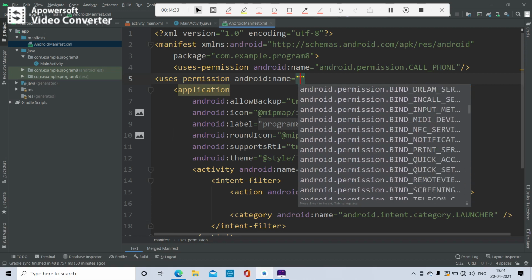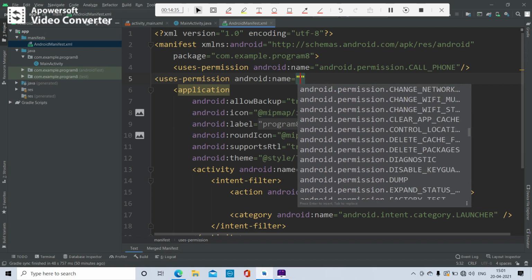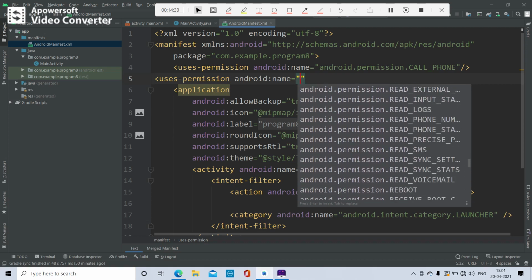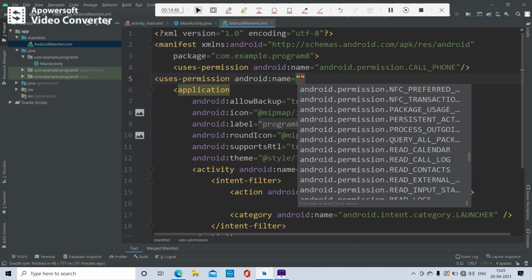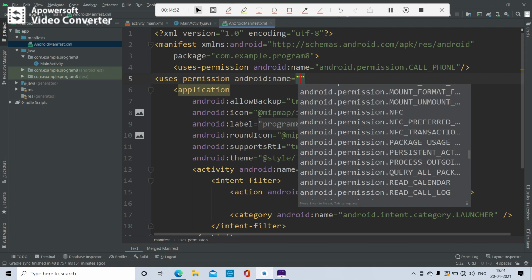You can scroll for the particular permission option, android.permission.CALL_PHONE.